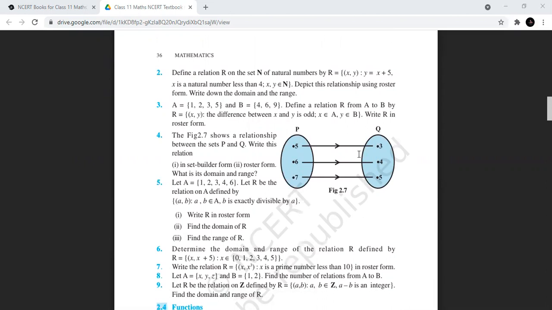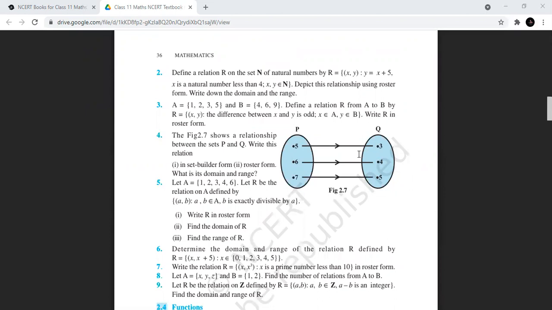So your second entry or your image is supposed to be whatever is your x plus 5. Okay, and natural numbers. Then x is a natural number less than 4. Another condition is there. For domain, usne condition laga diye. X means collection of all x in the relation is a domain. And for that, this condition is there that x is a natural number less than 4. So natural numbers less than 4 are 1, 2, 3. So your domain would be only having 1, 2, 3, because only those 3 natural numbers are less than 4.